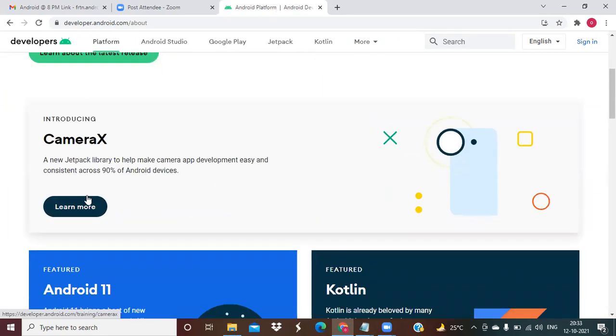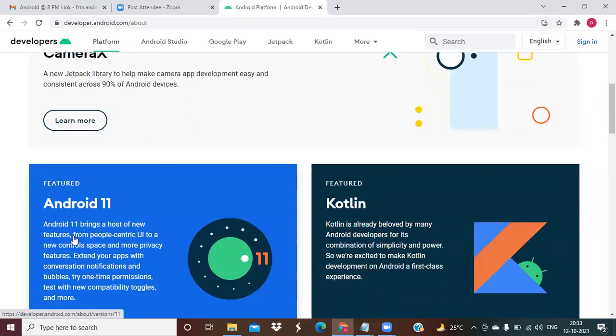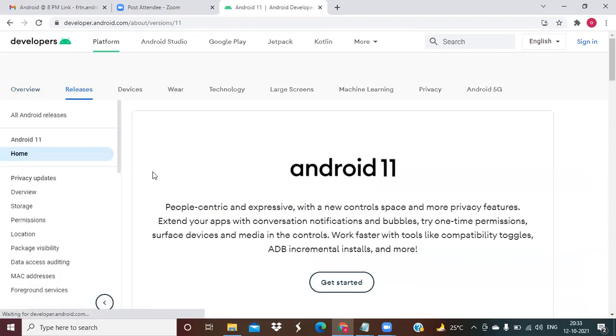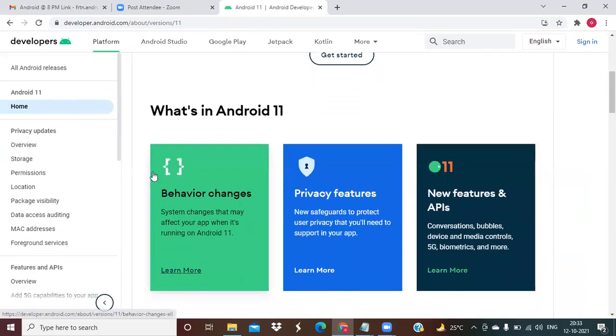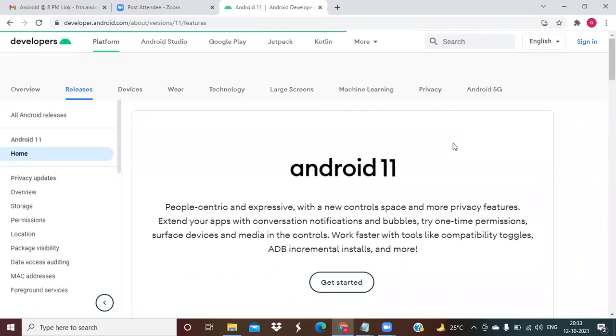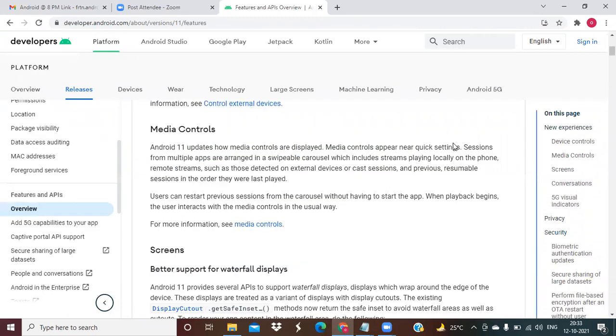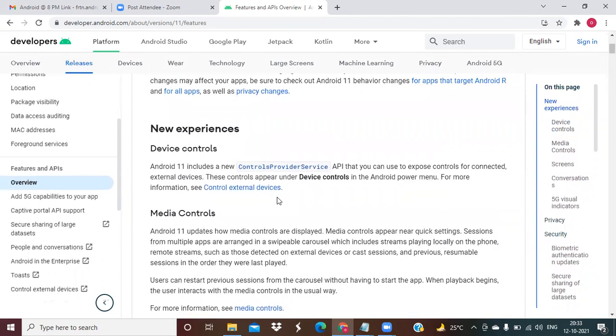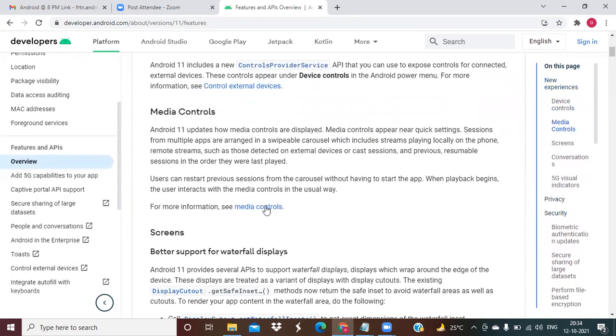Camera, Jetpack, or else the best one here, Android 11. In Android 11, what are the behavior changes? Privacy, new features and APIs. For example, APIs. I just clicked on APIs. See, new experiences, device controls, media controls. For example, I want to see media controls.